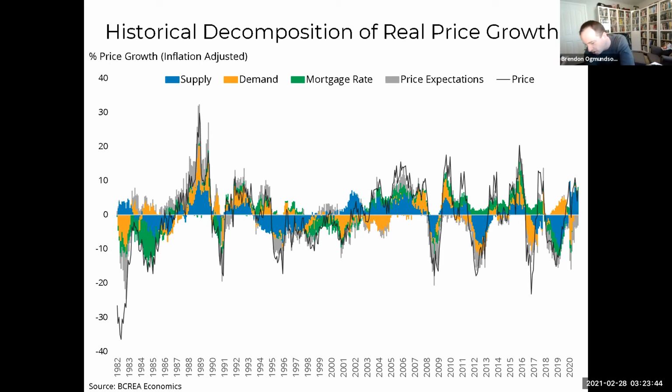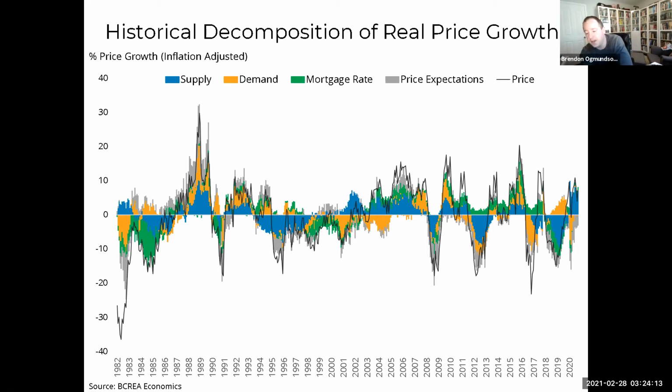And then with the financial crisis, 2008, 2009 shows up here as a big shock to price expectations and mortgage rates, because at the time, even though the Bank of Canada was cutting rates, the mortgage market was sort of melting down. There was a huge risk premium attached to mortgage rates. So mortgage rates were rising at a time when the Bank of Canada was cutting. We had a rebound in 2009, 2010. Then we had,